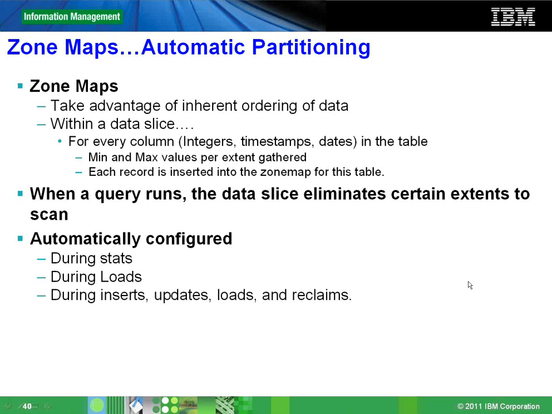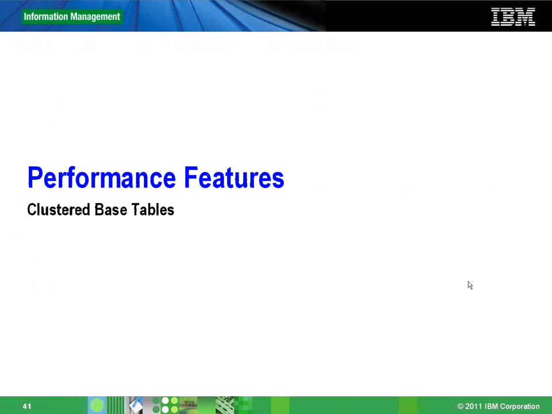So zone maps take advantage of inherent ordering of data. The more ordered your data is, the more effective your zone maps are, thereby the faster your queries return. Right? So it makes sense, if you know that there is going to be a certain column in my table that's going to feature very often in my queries, to order that table by that column so that your zone maps work faster. So these are just some of the things that people generally keep in mind while they're programming with Netezza.